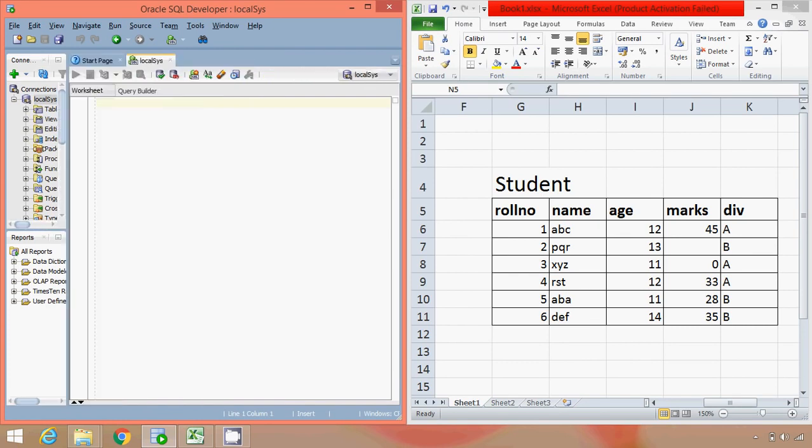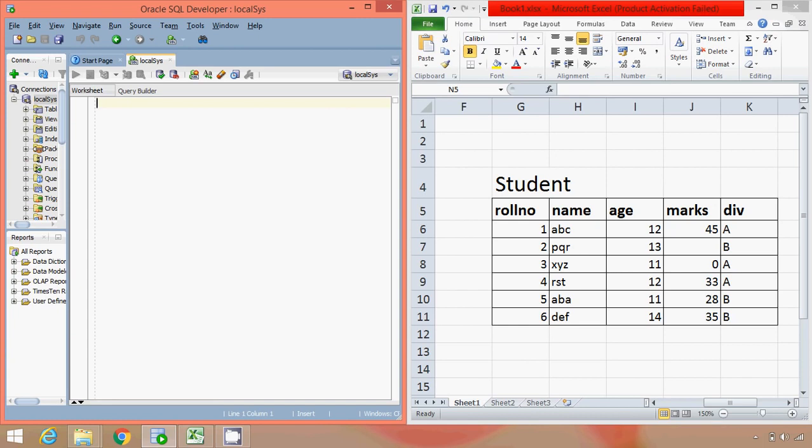Basically SQL allows us to write two types of language queries. Basically there are more, but for now we'll consider two types of queries: one is DDL, that is data definition language, and another one is DML, data manipulation language, that works with the actual data, and DDL works with the structure of a table. So before inserting any records into this table, the first thing we need to do is create a table and define which columns it is going to have and which kind of data each column is going to store.